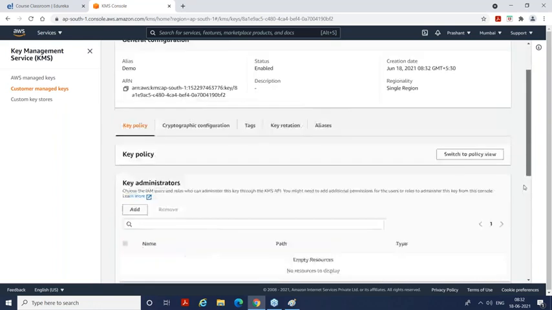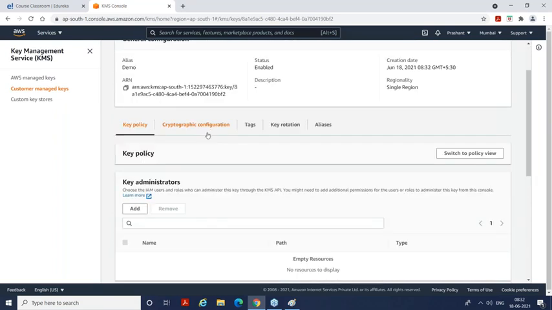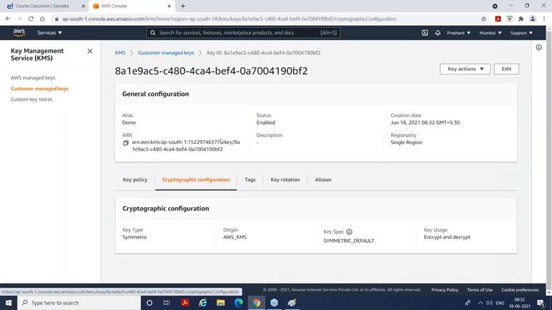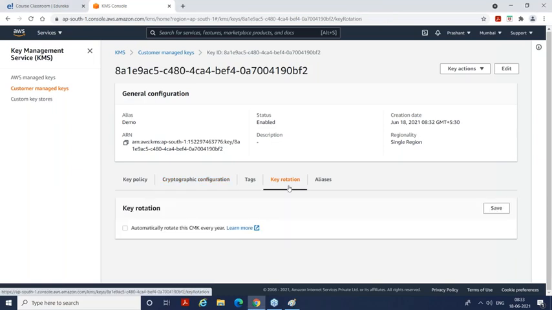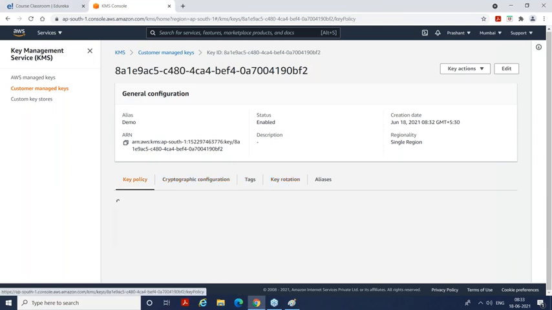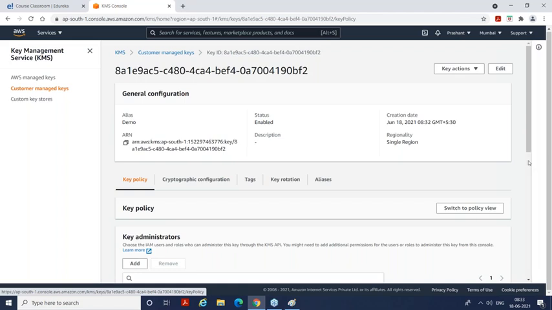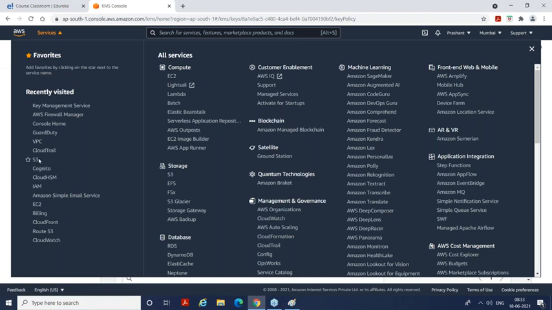And if I want to review the cryptographic configuration of this key, click on this here, right? It's symmetric, so it is taking care of the underlying cryptography algorithm and so on. I don't have to worry about whether it should use SHA-256 or some other cryptography algorithm. Okay. Now I can use this key to encrypt my data which is stored somewhere, right? I have generated this key. Now let's say I want to encrypt this data in S3,